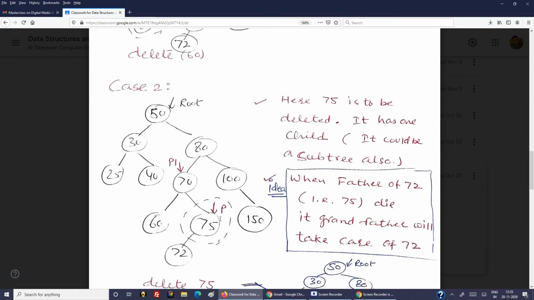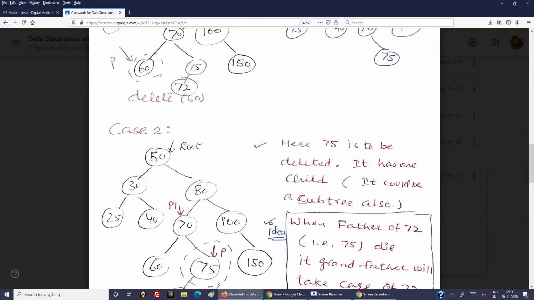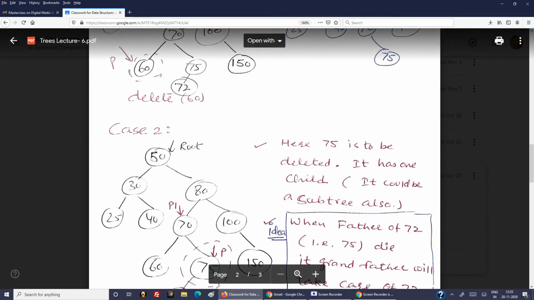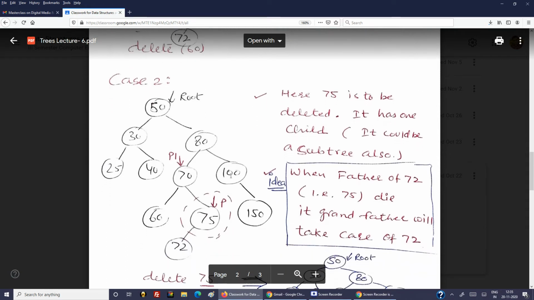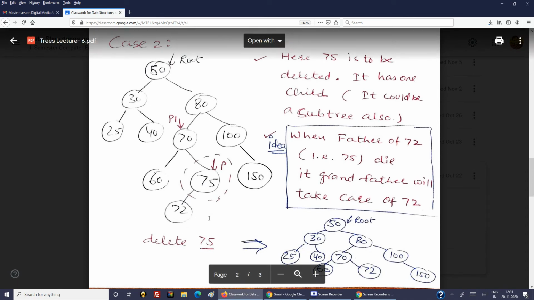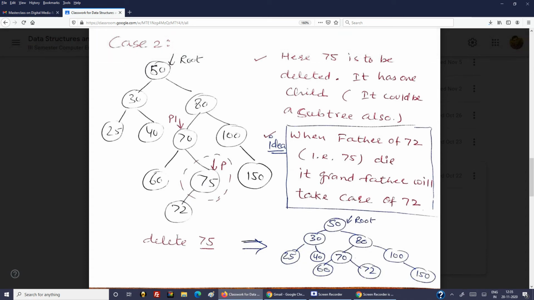At this point of time, you only need to understand how you do the deletion. If there are no children of the node to be deleted, then you just remove it and draw the diagram as it is again. If there is one child present for the node to be deleted, then that child is handed over to its grandparent. Because the grandparent's one hand is now free since one node is deleted, that hand will be occupied with the child present, because only one child is present.